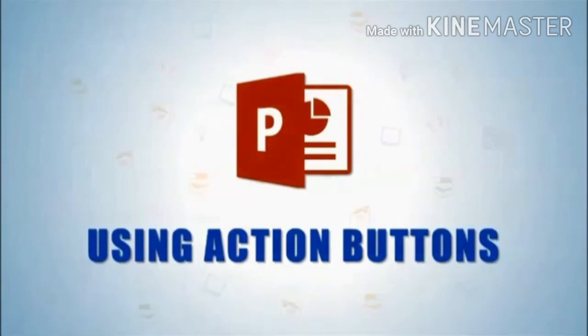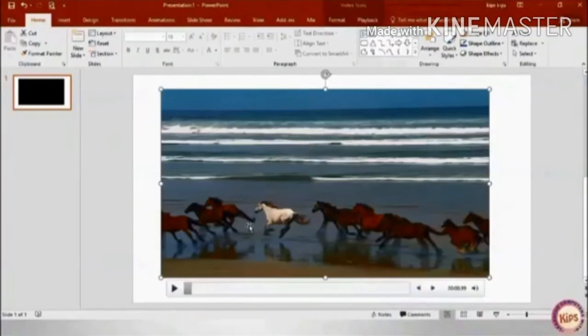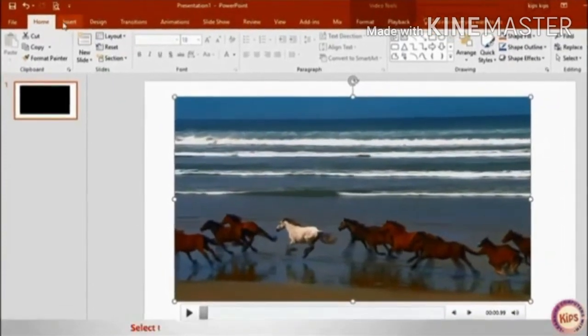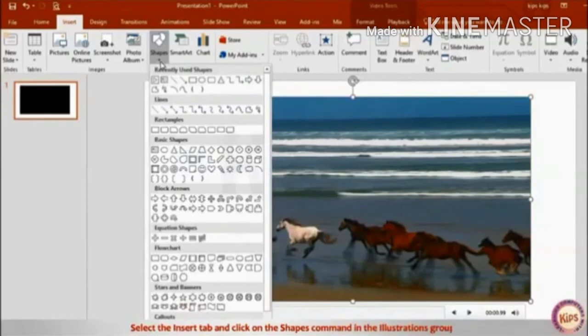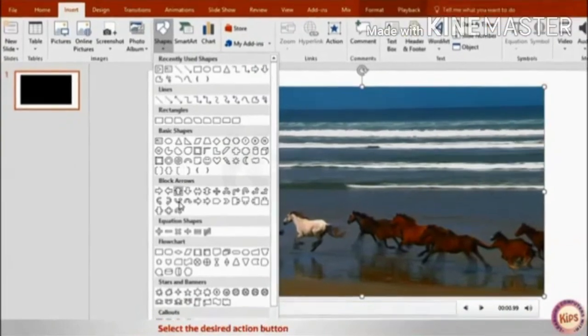Now, what is the function of the action button in your Windows? Let's observe the action button. Go to the insert option and click on the shapes command in the illustrations group.